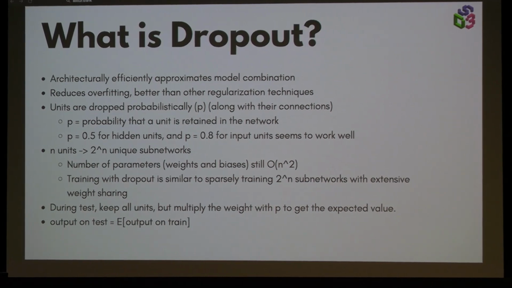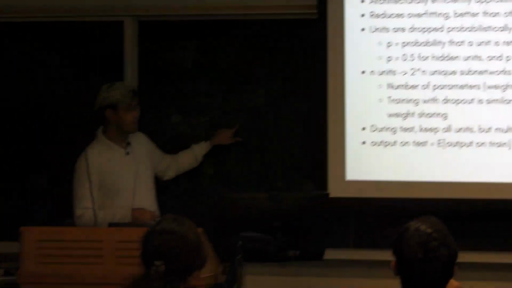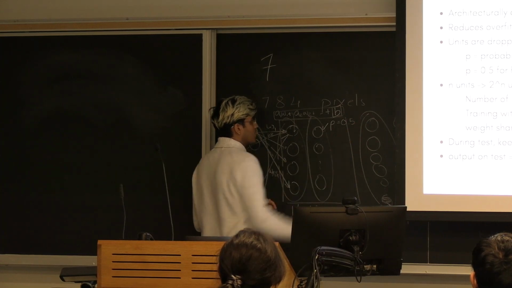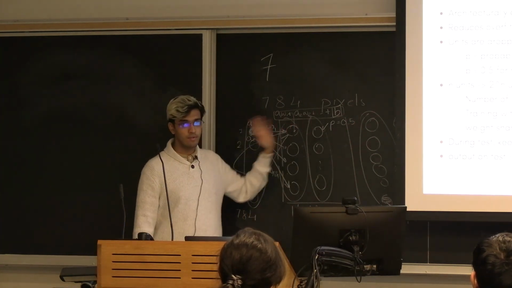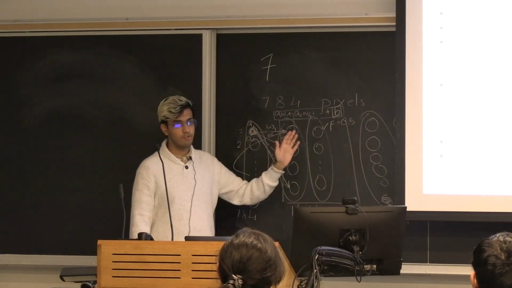The very basic idea is when we're training, instead of just looking at all the units, we're going to randomly drop them. We're just going to randomly drop a few. Okay? Or you could view it the other way around, where P is the probability that you keep a specific neuron or unit, right? So for example, if the probability of retainment for this was 0.5, what I'm essentially saying is if I train it 100,000 times, then on average, 50,000 times, I will actually remove it before I train it. Okay?